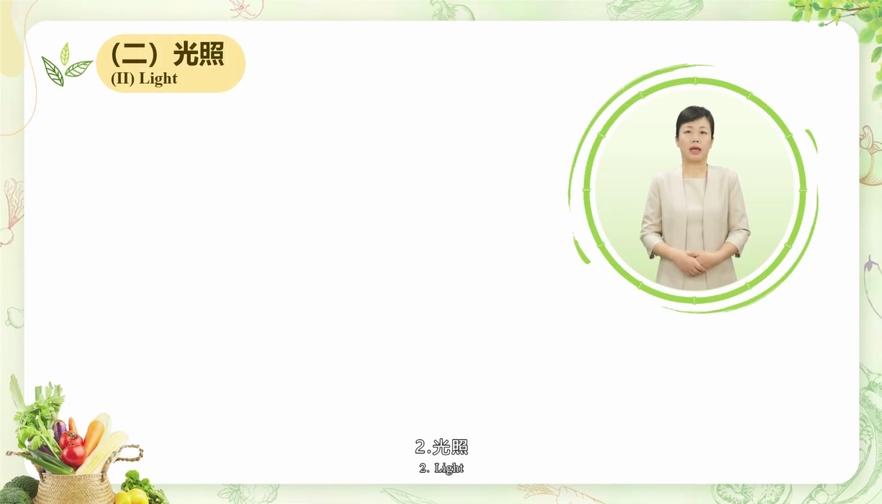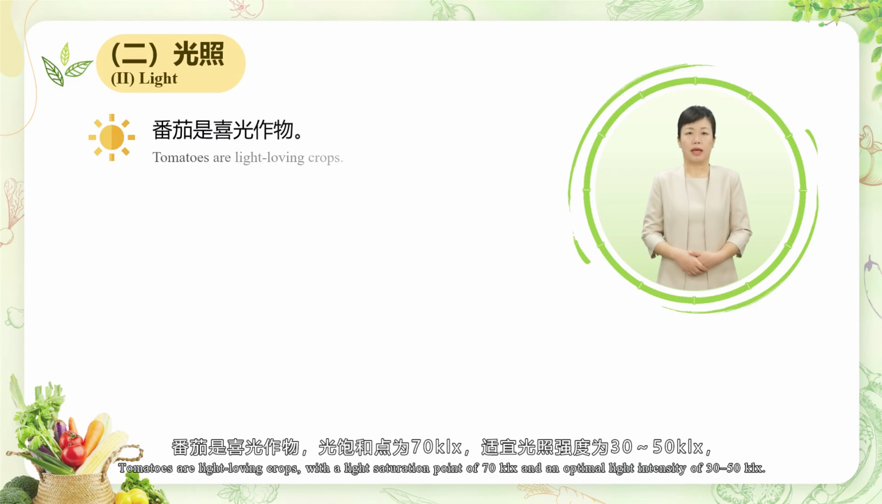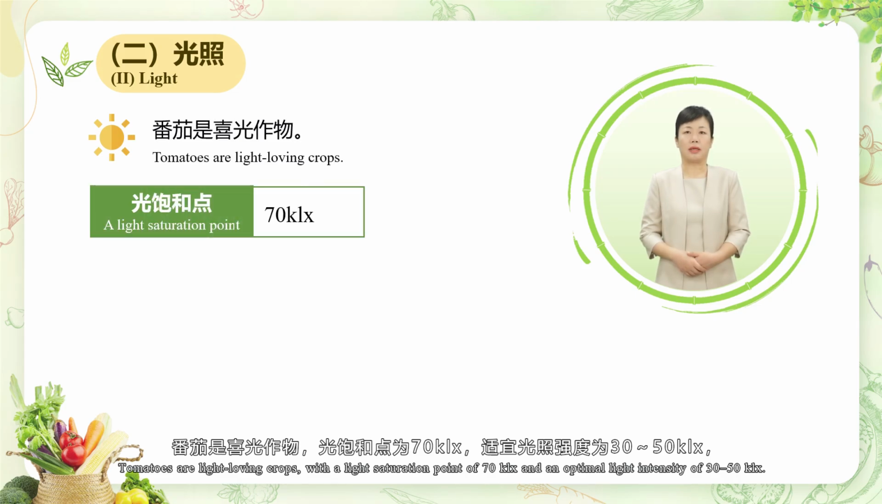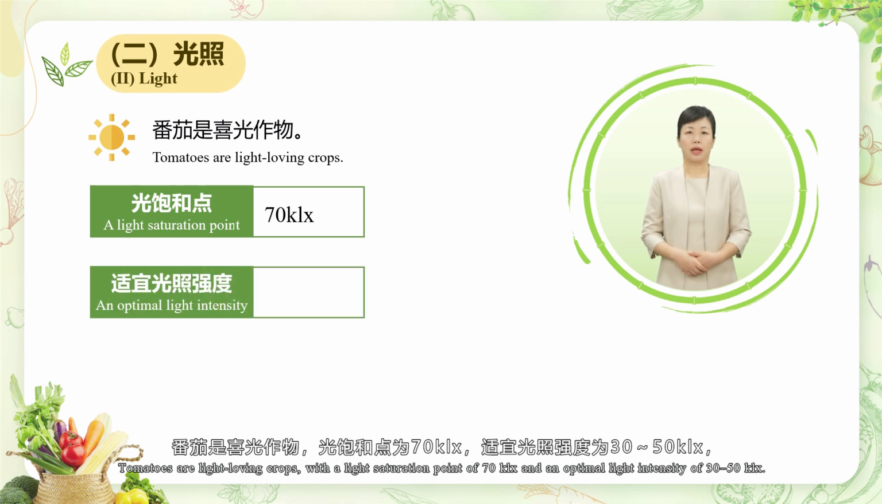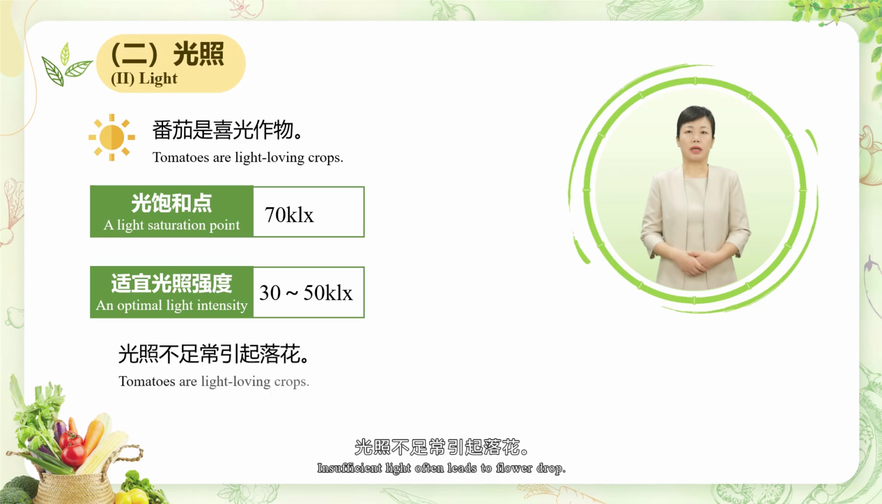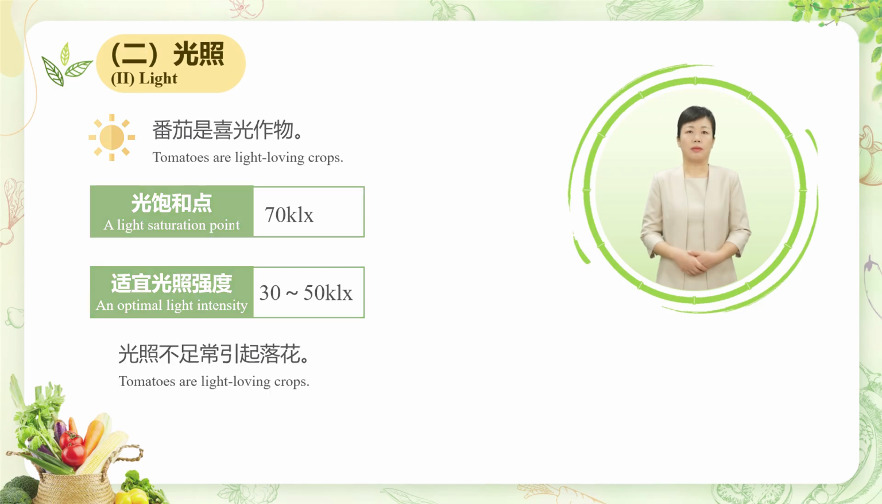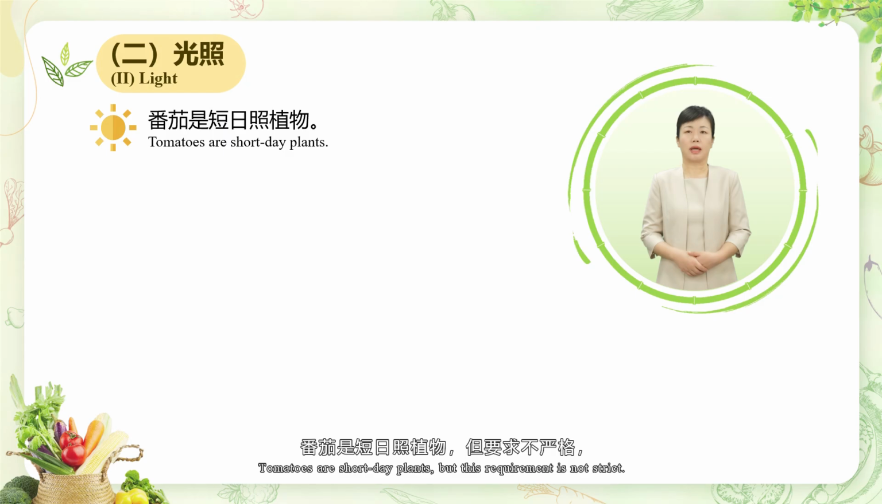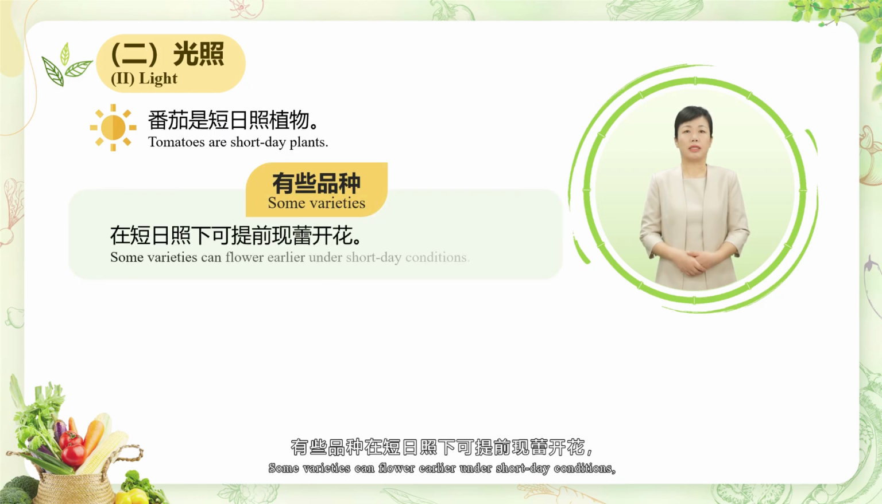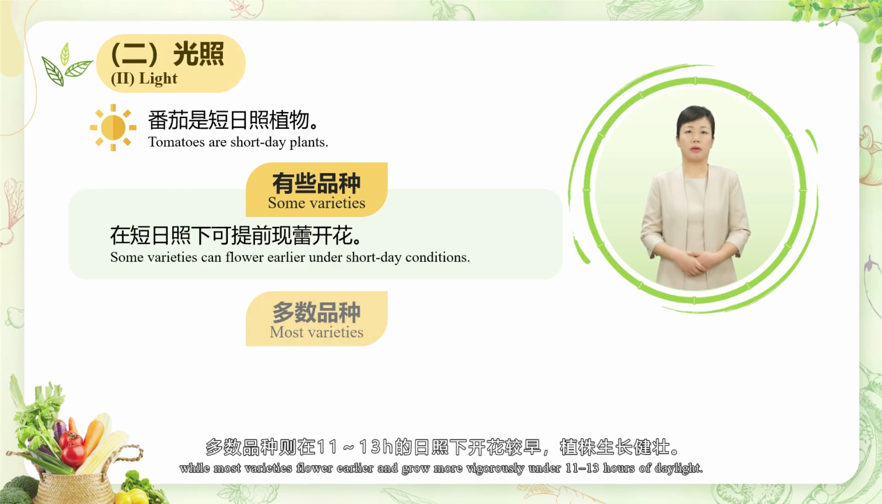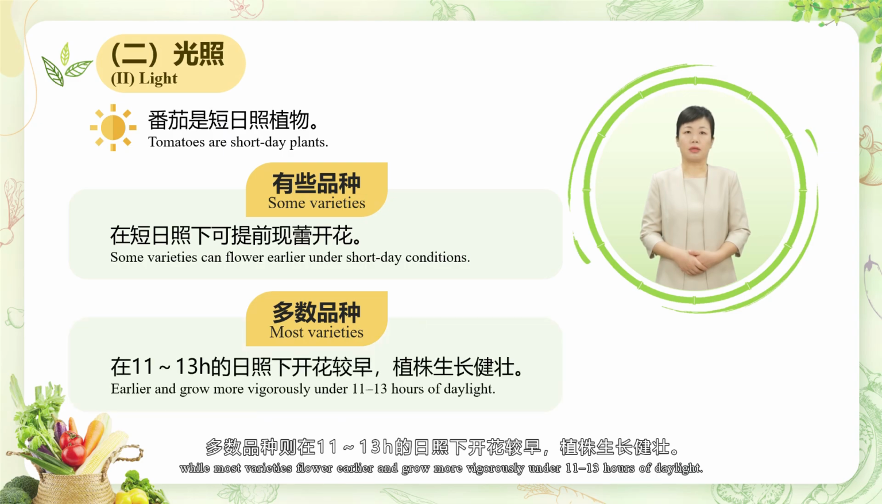2. Light. Tomatoes are light-loving crops, with a light saturation point of 70 kilolux and an optimal light intensity of 30 to 50 kilolux. Insufficient light often leads to flower drop. Tomatoes are short-day plants, but this requirement is not strict. Some varieties can flower earlier under short-day conditions, while most varieties flower earlier and grow more vigorously under 11 to